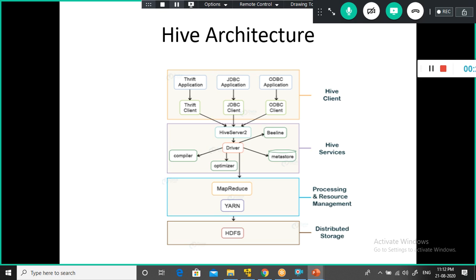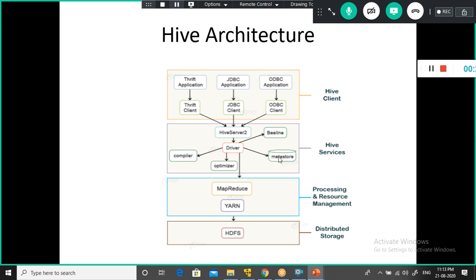And then what happens is, the compiler, upon receiving the SQL query, sends the metadata request to something called the metastore. Even here you have something called the metastore. By default, the metastore will get installed on top of an RDBMS database called Derby. It's a very small RDBMS. The compiler, upon receiving the query from the driver, sends the metadata request to the metastore, and the metastore sends the metadata to the compiler.